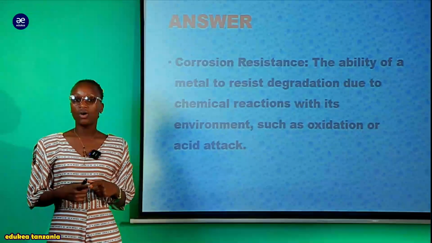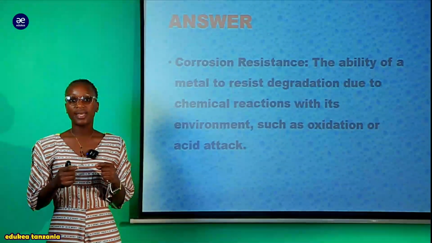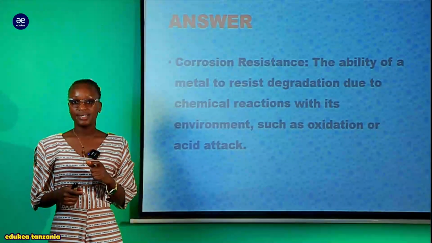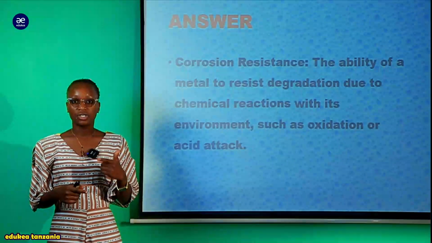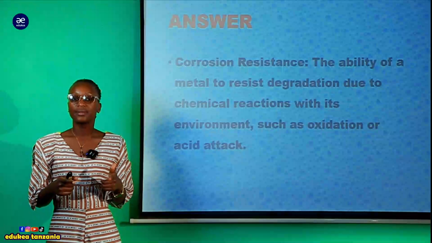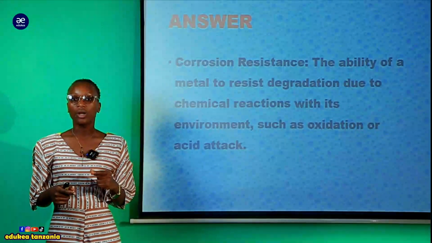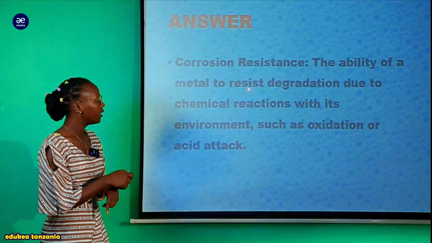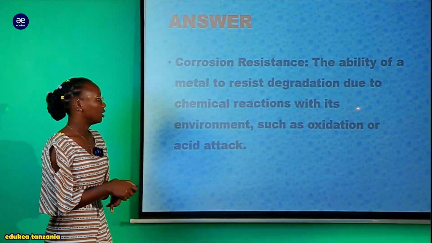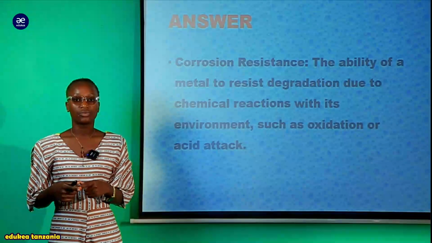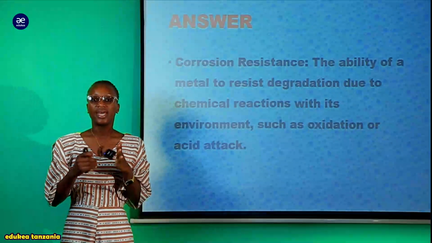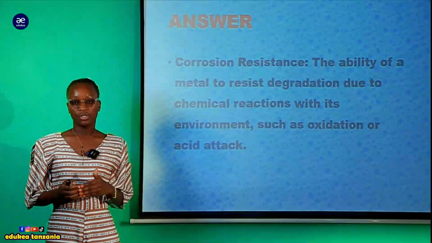So sometimes zina undergo corrosion, zinakuwa attacked with corrosion, zinakuwa damaged. So you can see that tunapozungumzia ile chemical strength tunaangalia sasa ile reactivity na ile stability ya ile metal. Kwa hiyo utaona kwamba ability of the metal to resist those resist degradation of those reaction, tunasema kwamba corrosion resistance. That is all about the chemical strength of the